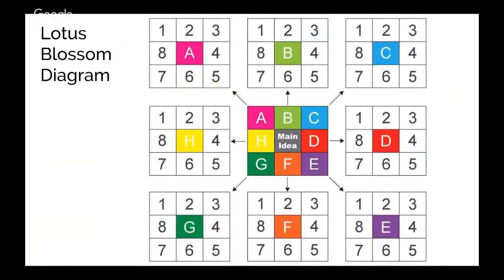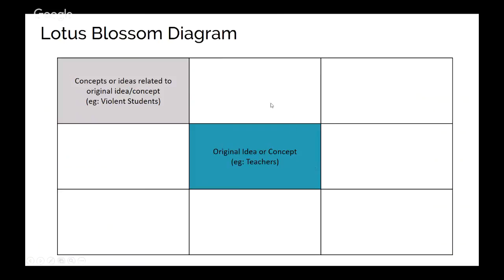The other one, which can be done as a group or individually, is the lotus blossom diagram. Your lotus would start with your main idea or main how statement. From there you branch out to first ideas. An example of an original concept: a teacher may need an application, or we need to create a tool for teachers to deal with students, maybe violent students,